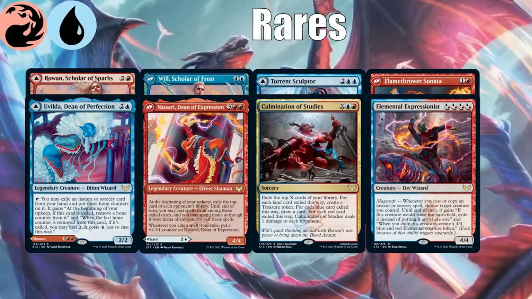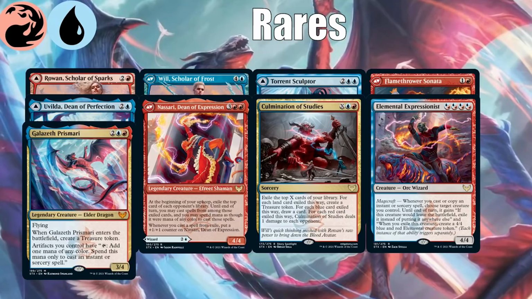Elemental Expressionist has a strong Magecraft trigger that lets you turn any of your creatures who die, more or less, into a 4/4 blue and red elemental creature token. You'd only target one creature at a time with it, but that is what it does. There's also, of course, the Elder Dragon, who makes treasure and makes all your artifacts tap for mana of any